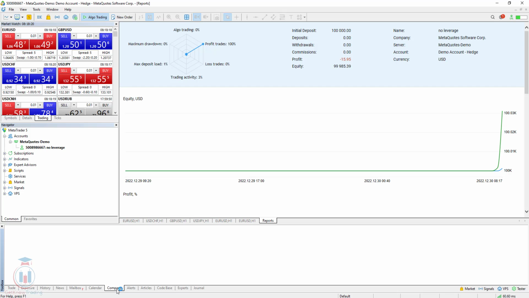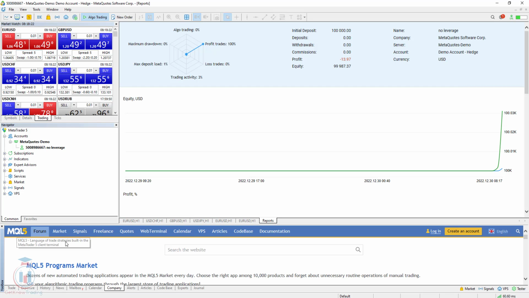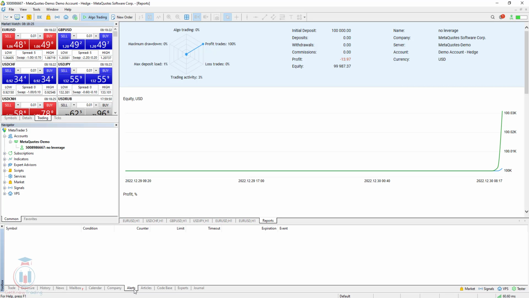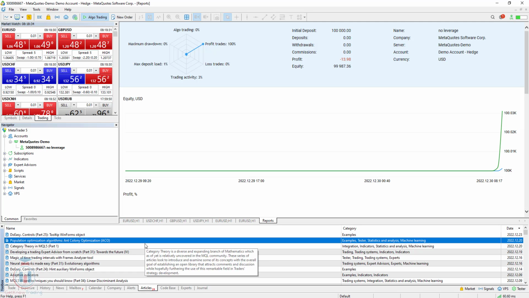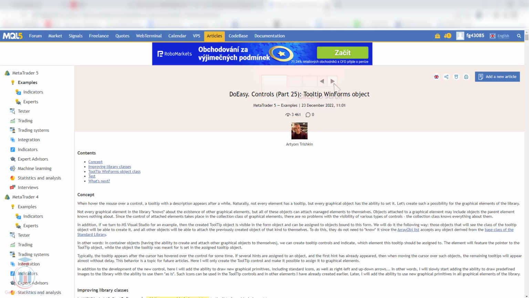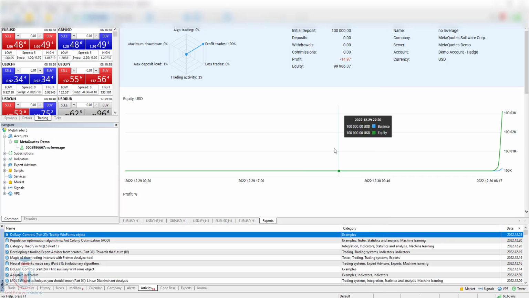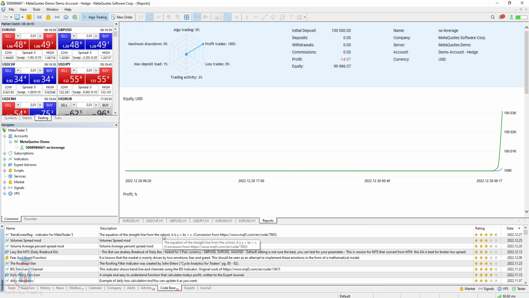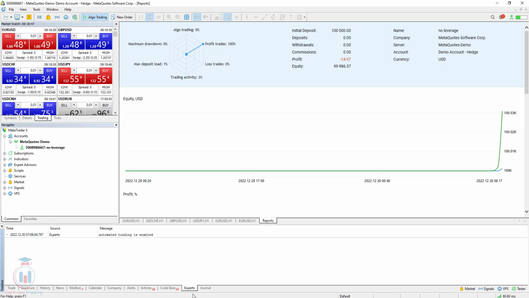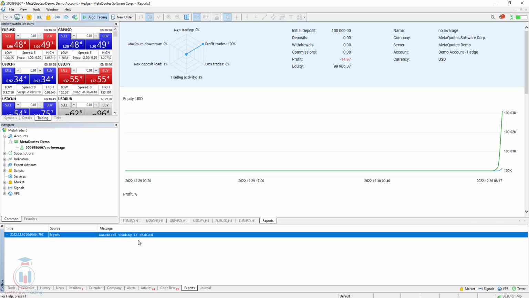Then you have company details, and that is for the MQL5. Most of these tabs are related to the MQL5, so if you would like to read about MQL5, you can do that. So you have also articles about some of the news, which will point you directly here to the internet. Then you have a code base, which is also MQL5 details. Then there are experts that were enabled and disabled, which we have shown with the MACD, and then you have